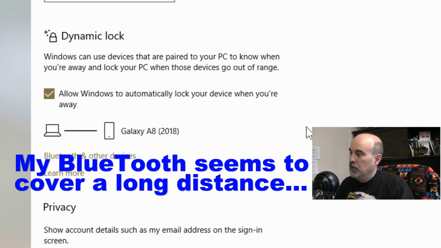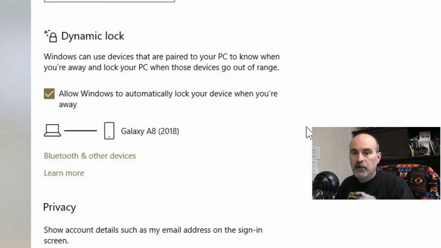So it must require being far enough away that the Bluetooth is completely out of range, because my Bluetooth signal seems to be fairly strong between the two of them, so it requires me going a fair distance away before it will lock. But this is good if you're going to leave the house or leave the office, or go out to see somebody that's far enough away that you're not that close to your machine anymore. Then it will lock it for you, which is great security.